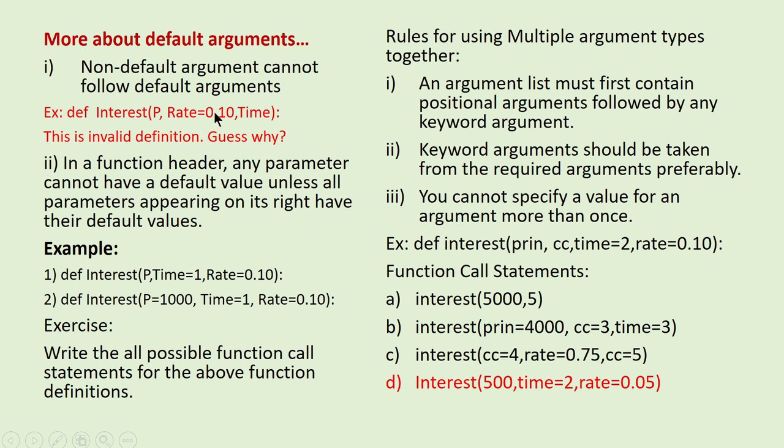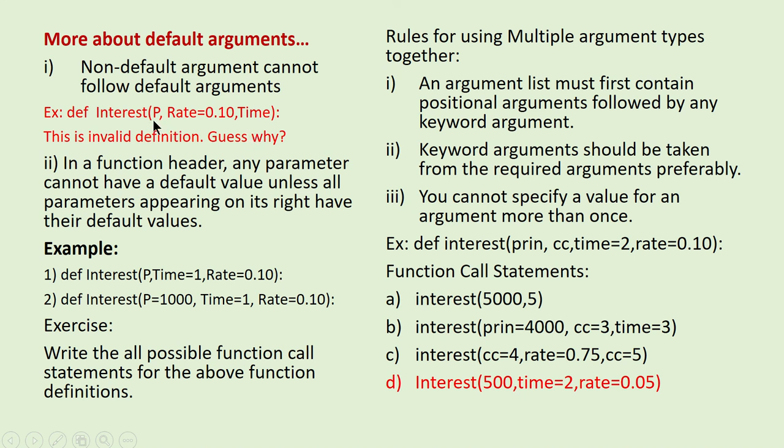Let me tell you. When you write a function with a default argument, what is the point? Either you can give or you may not give the value for that particular argument. Here I have specified the second argument, rate, as a default argument. Either you specify a value, or if you leave it, it has to take the default value. With the second argument as a default argument, I can write the function call with 3 arguments, and there won't be any problem. What will happen if you try to call with 2 arguments?